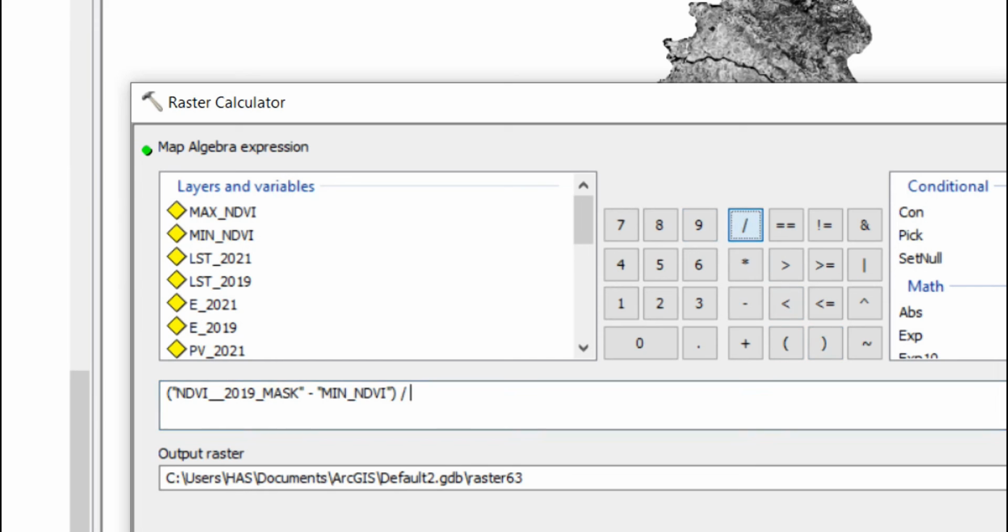Close the bracket, divided by maximum minus minimum. Close the bracket, multiply by 100. So we choose maximum and minimum as a layer instead of numbers, because we have more than 1